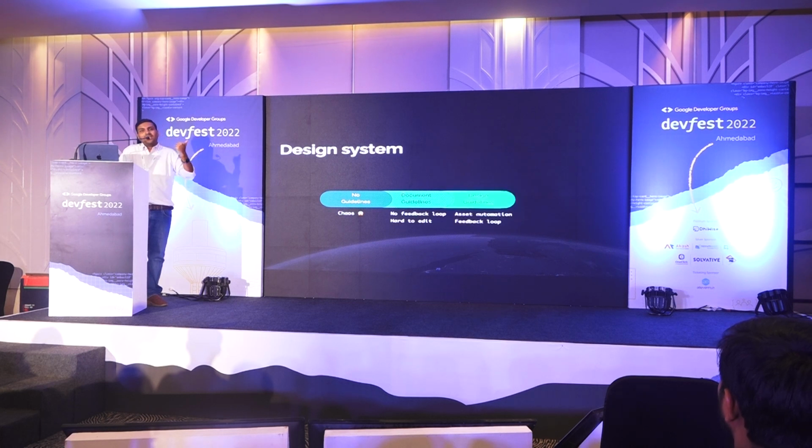But the problem with this is that there's no feedback loop. You cannot talk to me. You will come back to me and say, sir, mujhe nahi pata. I'm only seeing you as the source of this data, right? What if there are other options out there? That is where design guidelines come. That is where designers are important, right? Now, this allows us to bring automation. So one guy can design. He can also take other inputs from other designers from his own company, different companies. It's a community thing, right? You can actually get a feedback loop.